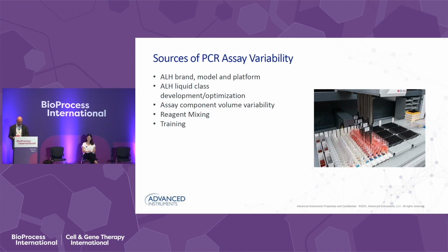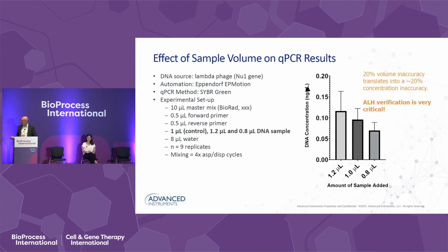Then we're going to quickly talk about component variability and some training here. This slide simply demonstrates the importance of getting the DNA sample volume correct in a qPCR experiment, including even in NGS workflows. So if you highlight the 1 microliter volume here, which is where we were trying to target,